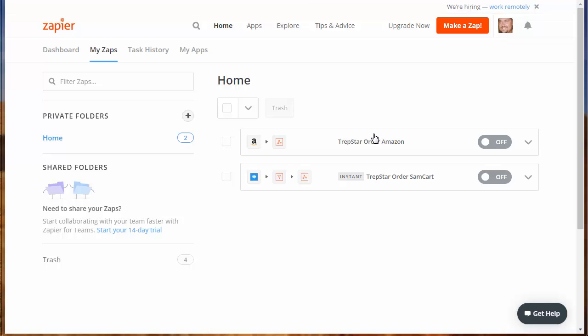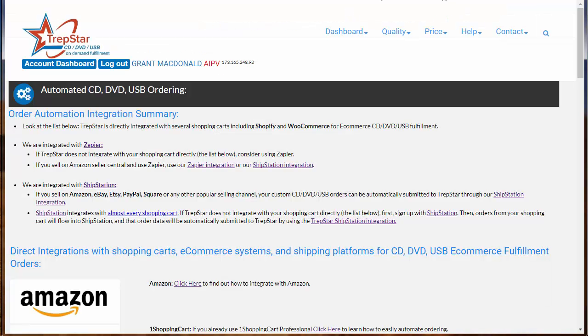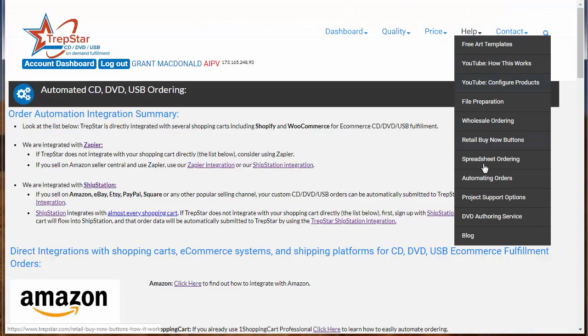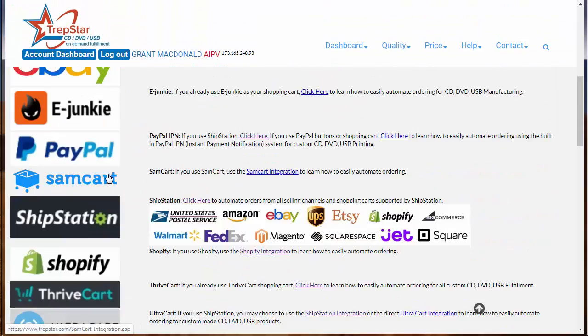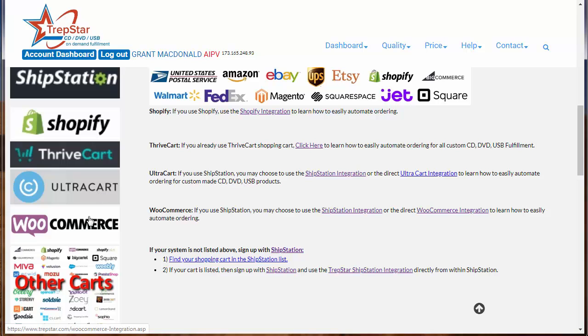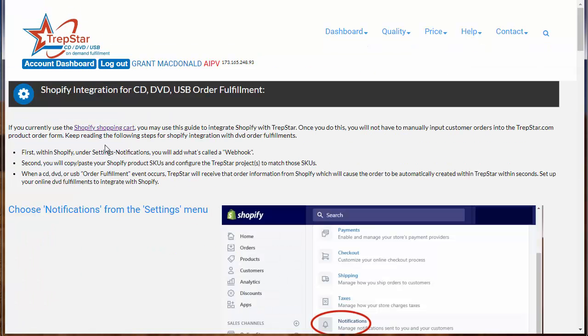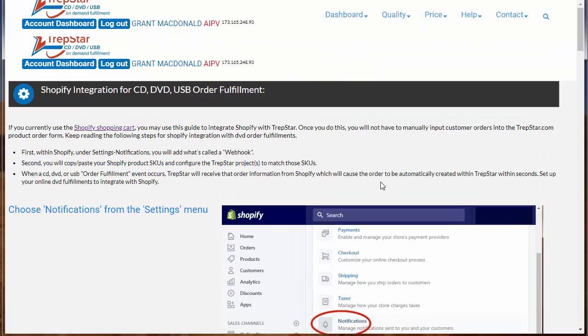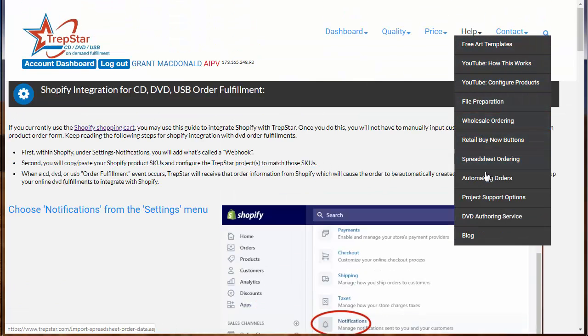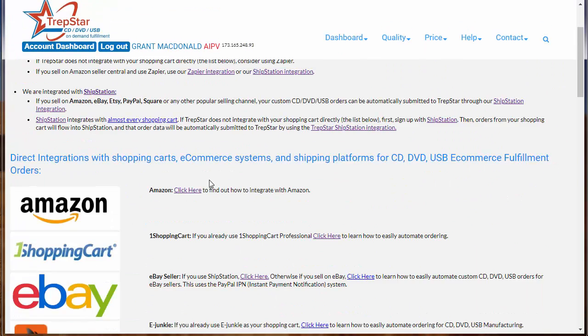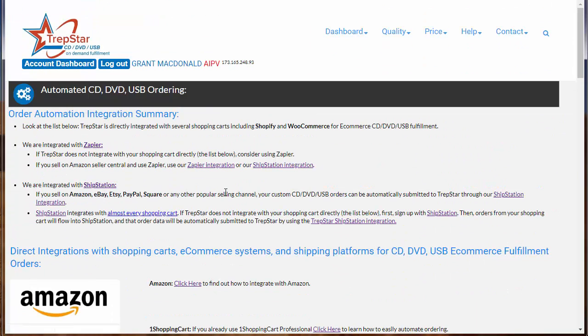Hello, this video shows you how to use Zapier to automate ordering from your shopping cart to TrepStar. First of all, you'd want to go to TrepStar, look at our automate ordering section, and try to find your shopping cart here. If it's one of these already, for example, Shopify, you should just use our integration that we've already written. But if yours is not listed in this list, you can use Zapier or ShipStation, but this